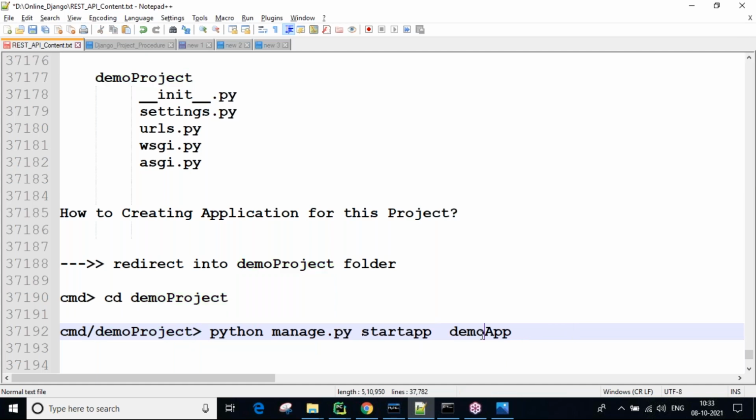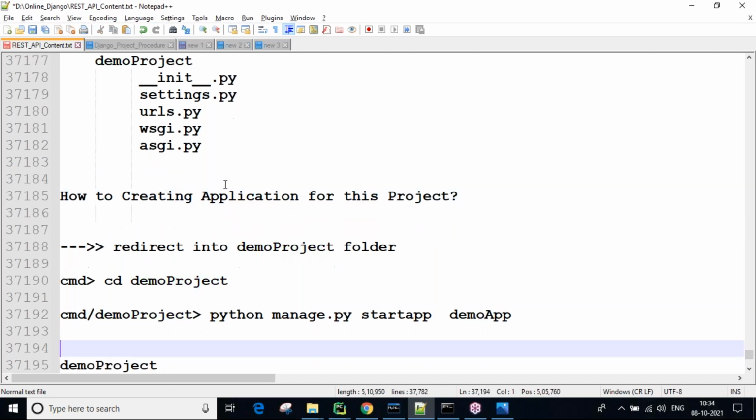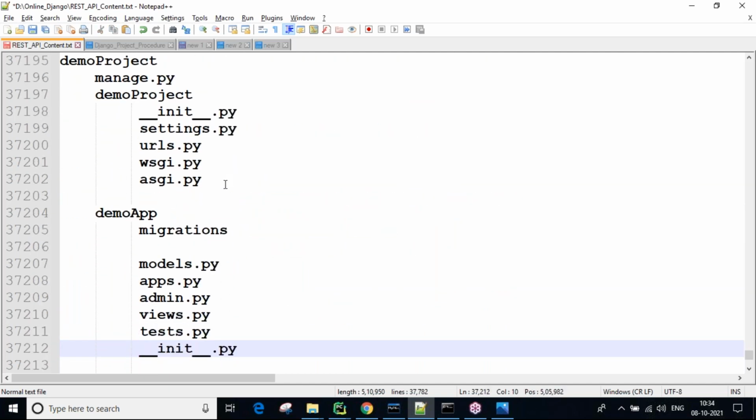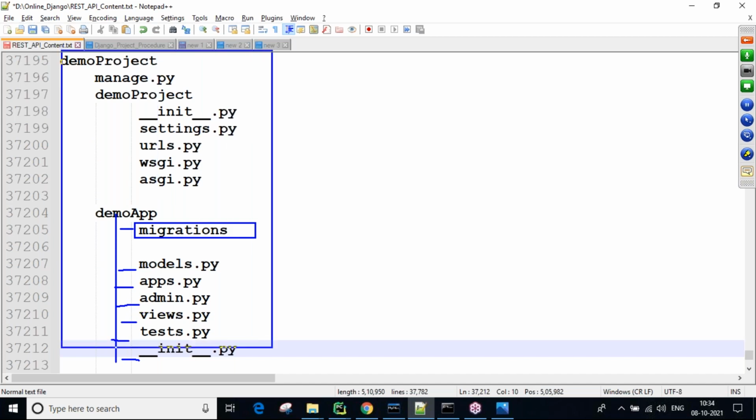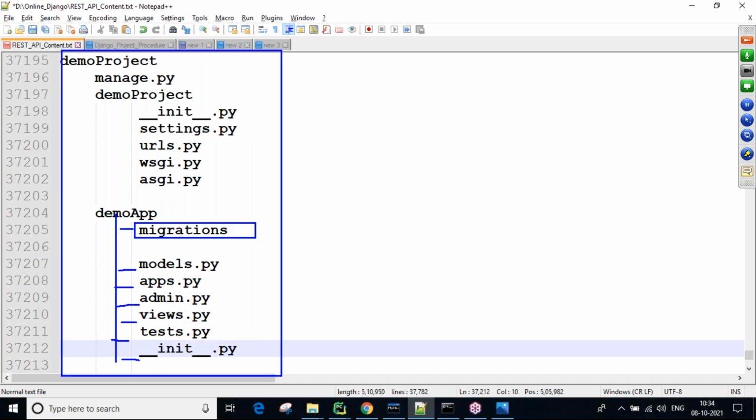Now, for this application, parallel to the project, you get a folder. In this folder you get a subfolder, the migrations folder, and 6 more files. So after creating the basic project and application, this is the combination of files we get.